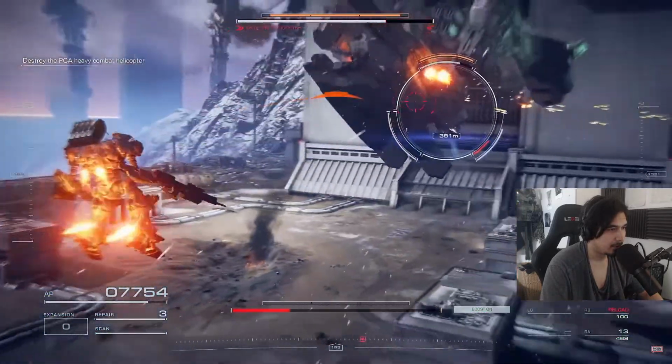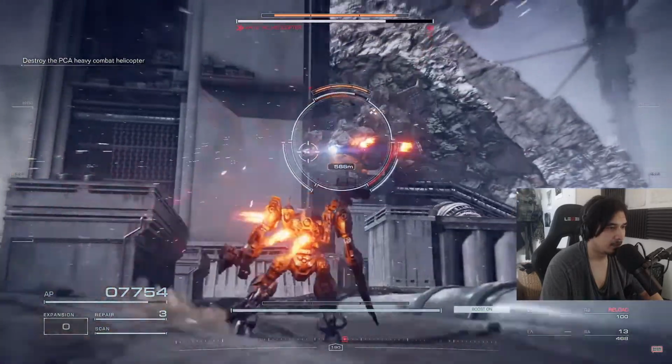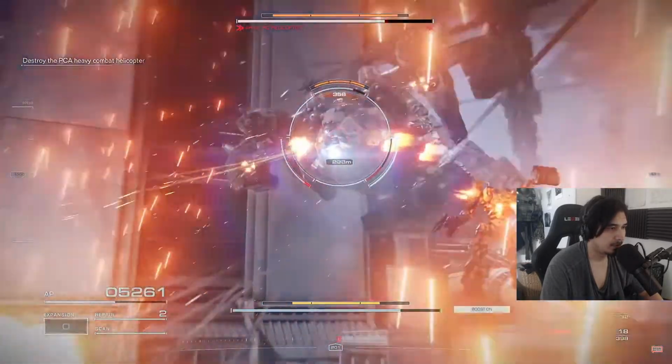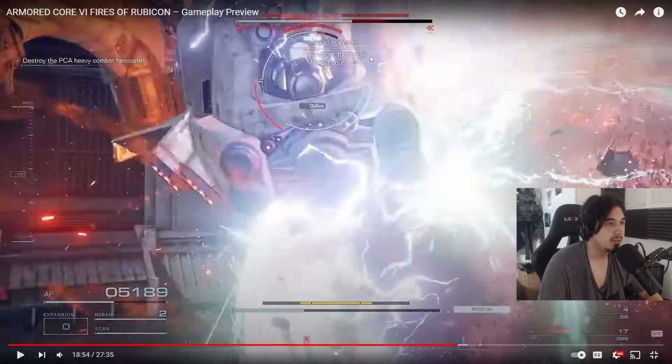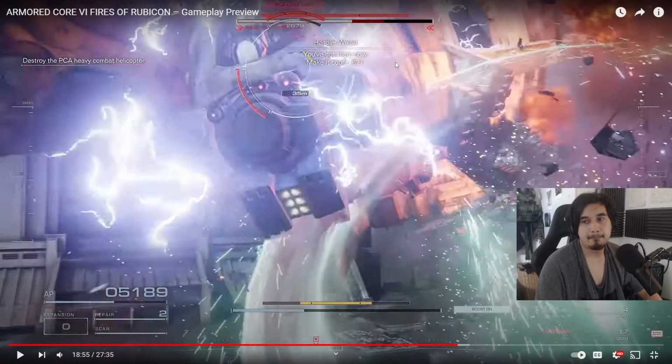Against tougher enemies, deal impact damage to their attitude control system to temporarily put them out of action. Okay, that's the bar he meant there. ACS load limit. Hope this one snipers are actually useful just like in AC5. AC4 snipers suck. Yeah, AC4 snipers were horrible. But yeah, so he called it